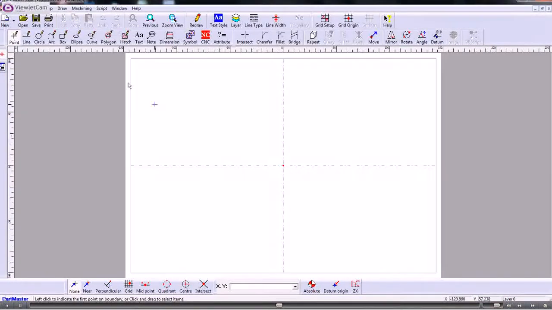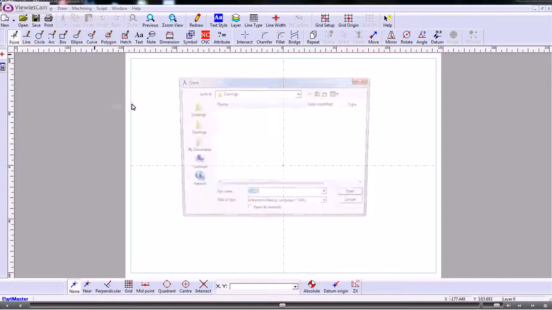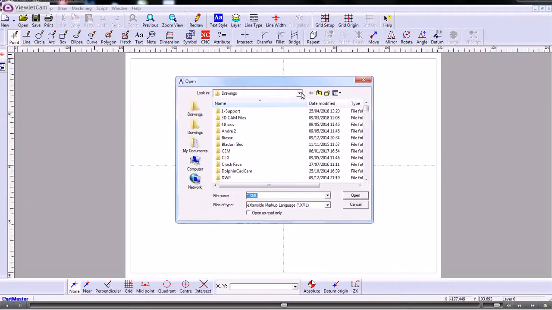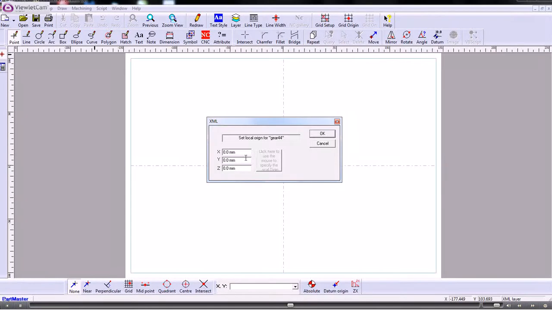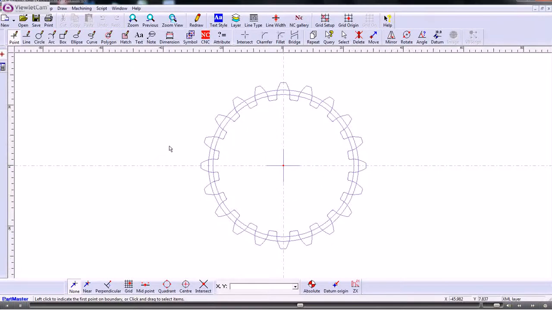Okay, so we're now back to the drawing, so we go File, Import that XML file we created and find the folder that it was stored in, and that was Gear 44. Okay, so we can set up an origin for that gear. So in this case I'm just going to put it straight on the drawing datum, which is in the middle of the piece of paper. Okay, so that's the gear profile that we've got there,